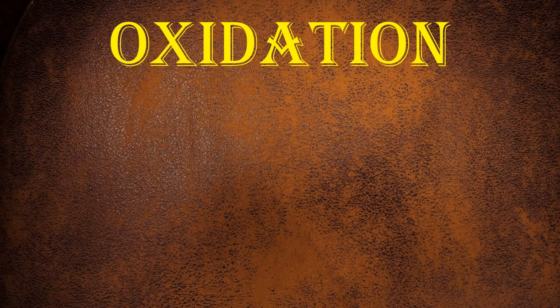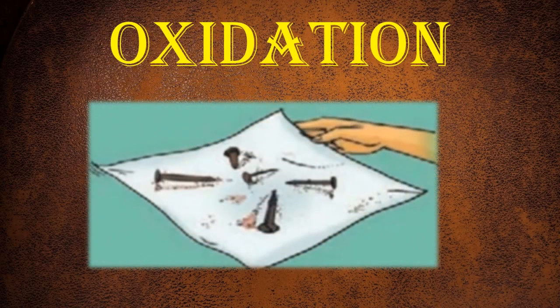So students, in this experiment, you will notice that there are some stains on the cloth and they are reddish or brown in color. As the cloth is wet, reddish or brown rust must have formed on the iron nails wrapped in it. This could be the reason for the stains.